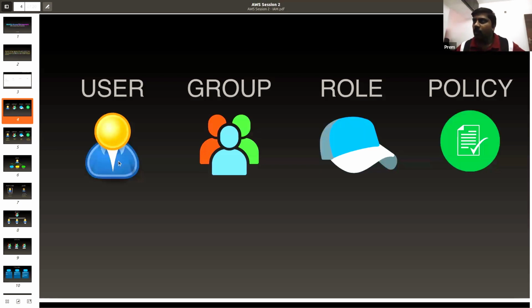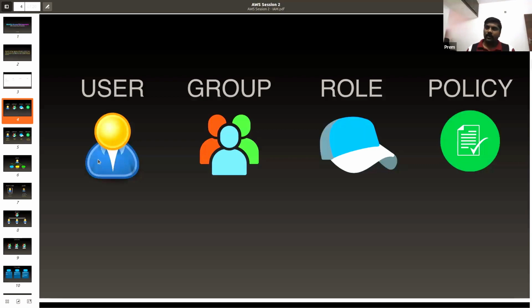These are the four main principles: user, group, role, and policy. So who is a user? Anybody who is a person is a user. We will be creating user IDs here.